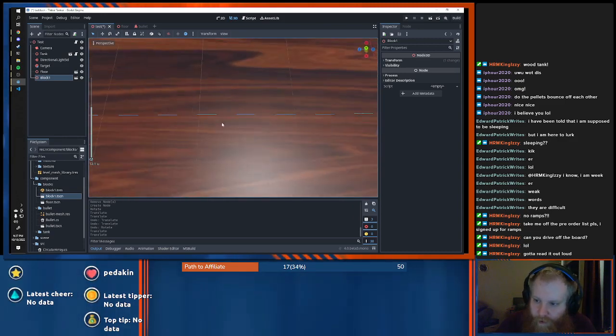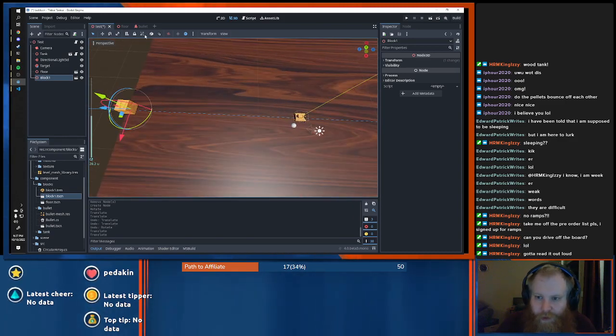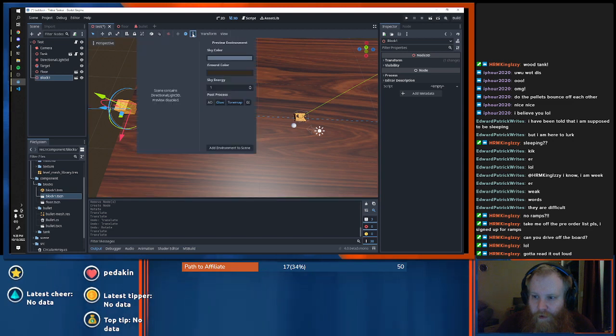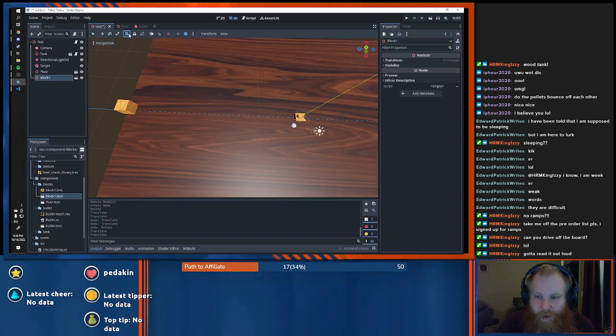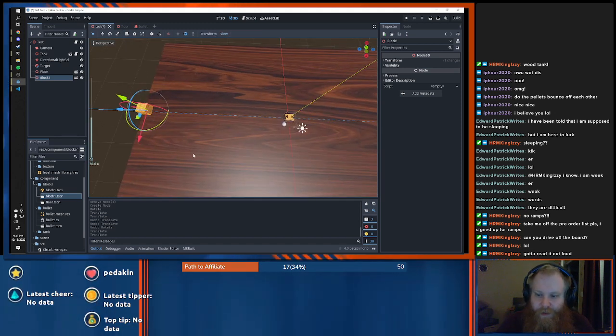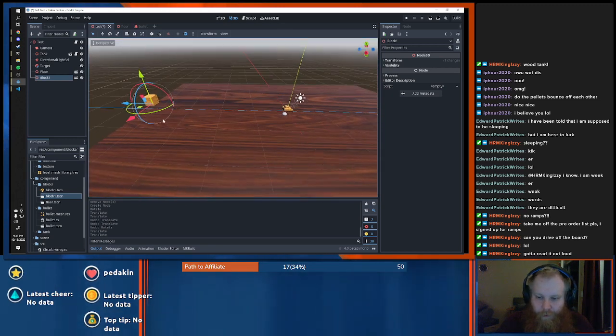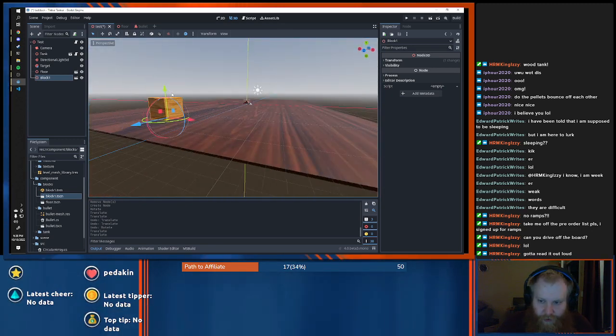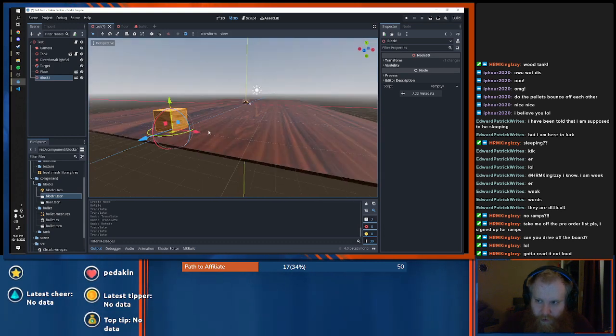Can I change the grid fidelity? Seems like it'd be in view. View grid settings. Nah, that's not helping. That's fine. We're going to... Can I really just snap the object to the floor?